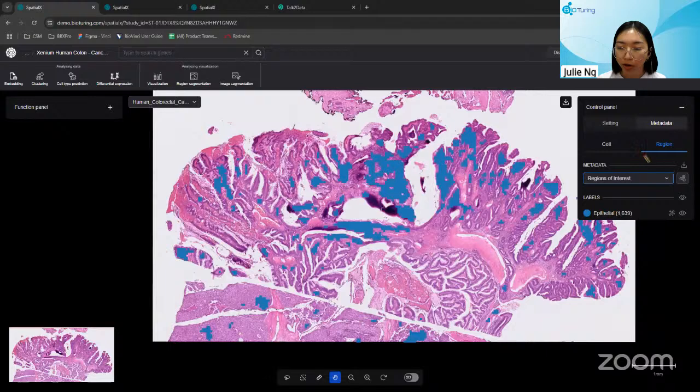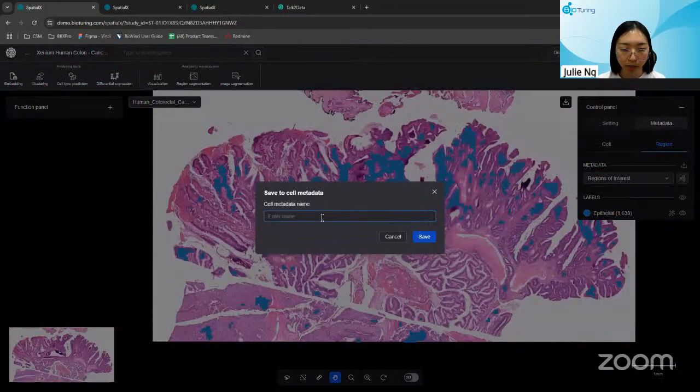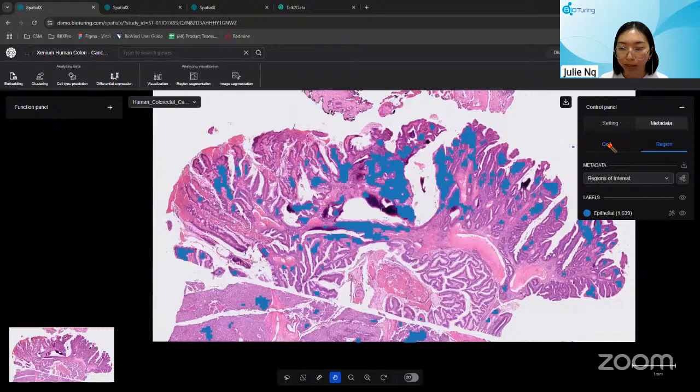So from our region layer, we can also transform it into our cell layer by clicking this button next to the metadata called Save to Cell Metadata. I'll click on this, and the cell metadata name I want to enter is, again, regions of interest. Okay, then I'll click Save, and it should appear in my cell metadata